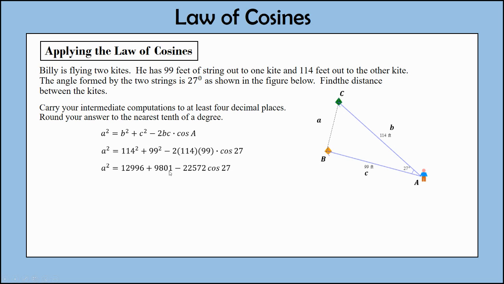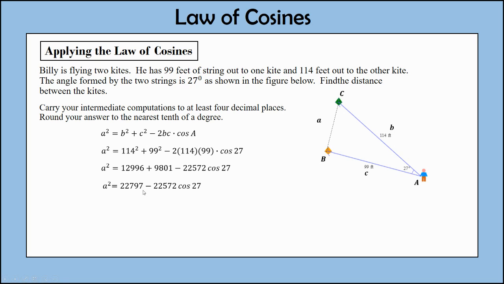12,996 plus 9,801 minus 22,572 times the cosine of 27. Okay, so that's all simplified. What else can we do to simplify? Well, we can add these two together. This is not a like term to these two because it has the cosine of 27 multiplied by it. But we can add these two together. So adding these two, we'll get